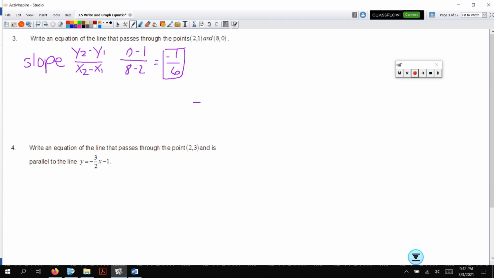Now I need my b. All right, I'm not too happy about that slope, but that is what it is. So to find my y-intercept, I'm going to pick a point to plug in to y equals mx plus b. I'm going to pick that point. That's going to be my x comma y. And I already have my m right here. I'm going to plug that in and see what happens. All right, so 0 equals negative 1/6 times 8